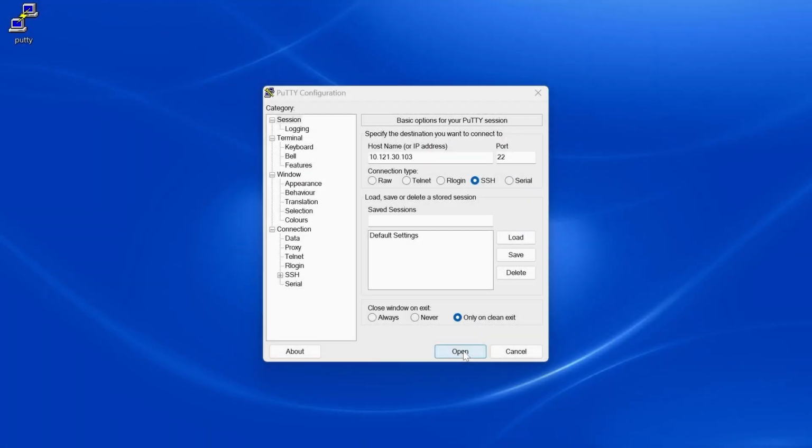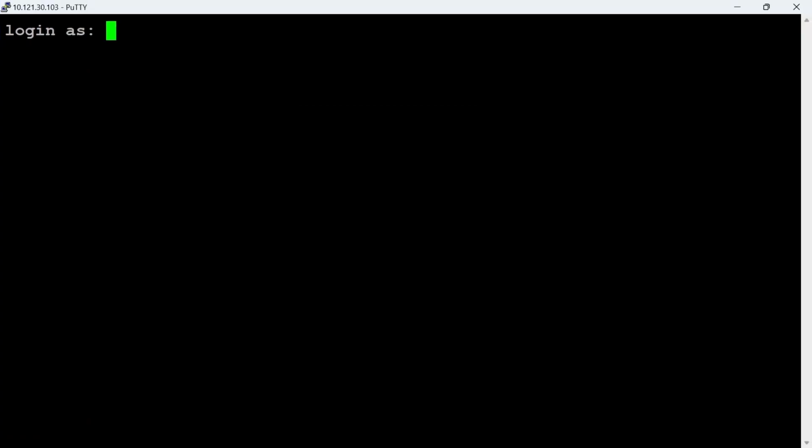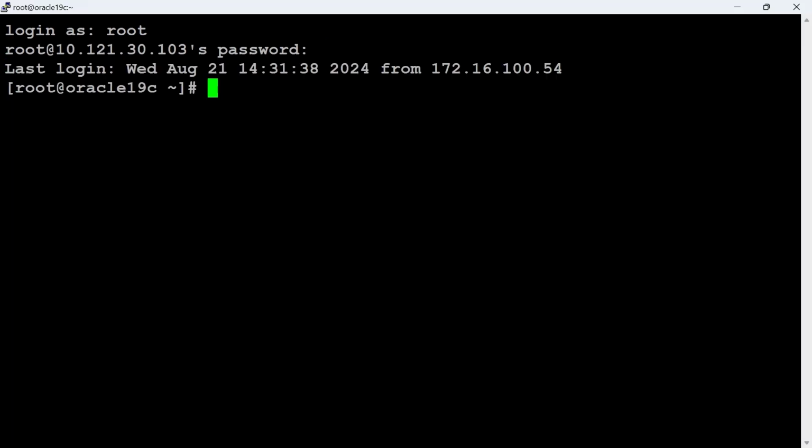Log into the Linux machine using root account. Go to the bin folder of ASA/UBM. Edit the run data integrity check.sh script with a text editor.